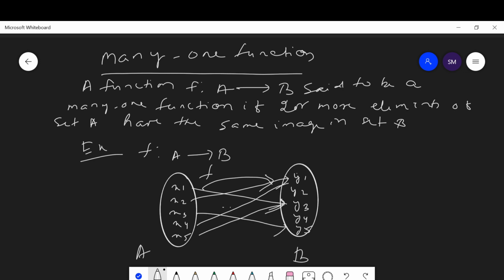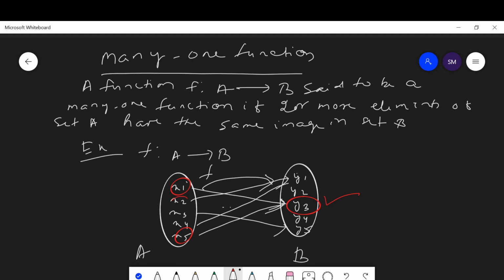This is called many one because here x2 and x4 in A have the same image in set B. Here x1 and x5 have the same image y3 in set B, and